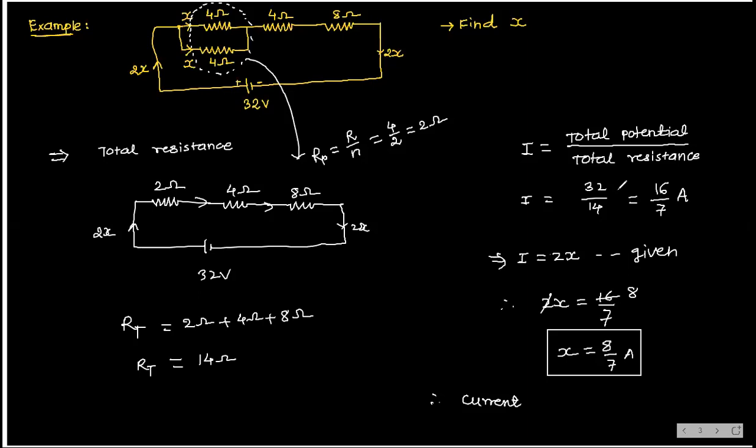Why are you getting like that? Sir, current is equal to total potential divided by resistance: 32 volts by 4 ohm is equal to 8 ampere. But why do you want to do that? The question is different now. The resistance is not 4 ohm. You don't assume like that. According to the diagram you go now.